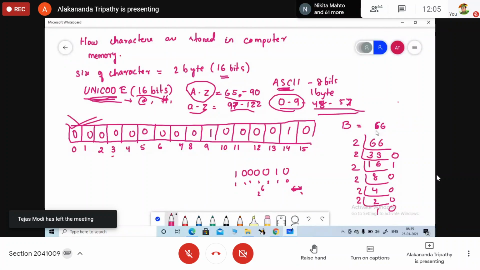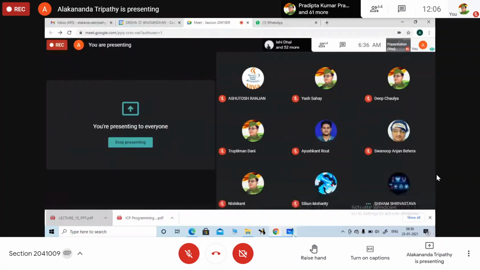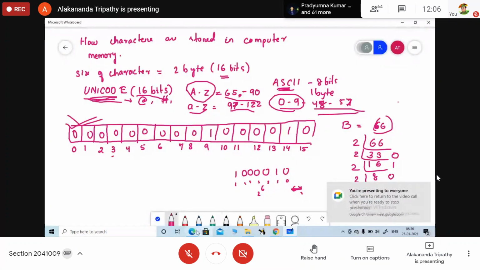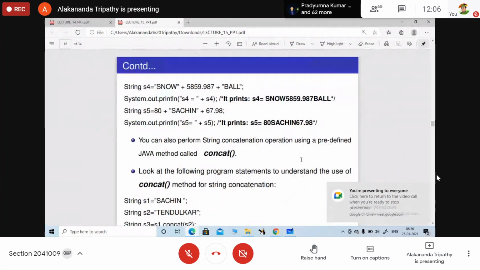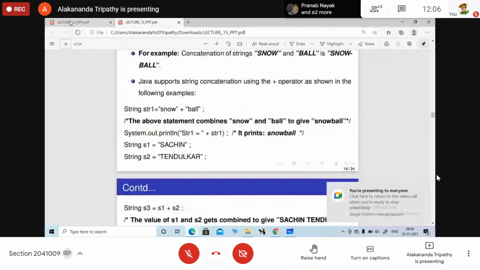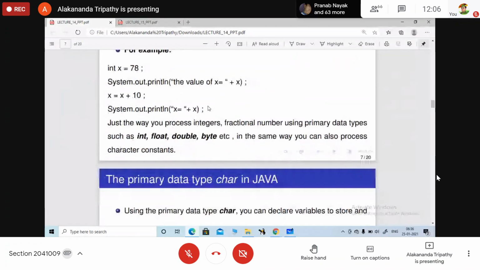So the ASCII value for B here is 66. Now the binary of 66 is 1000010. So here it is being stored and the previous bits are all 0. This is how we are going to store the Unicode values or the character values in the computer memory.